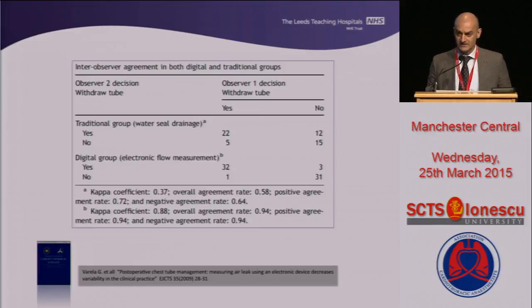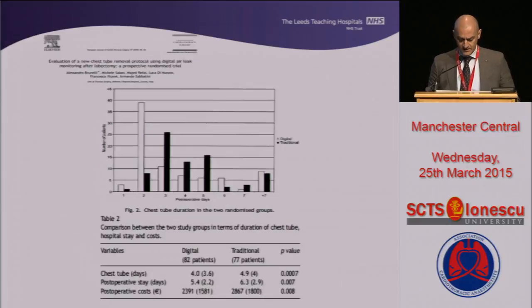So I think the importance of this paper was that they were able to demonstrate that the use of a digital device in managing chest tubes considerably reduced inter-observer variability. And I think this explains most of the clinical benefit of the use of electronic drainage systems in managing chest tubes. And there have been several randomized trials showing the positive impact in terms of chest tube duration and hospital stay